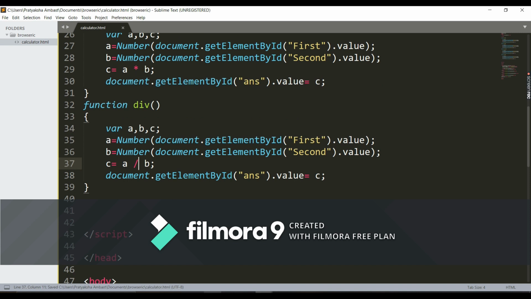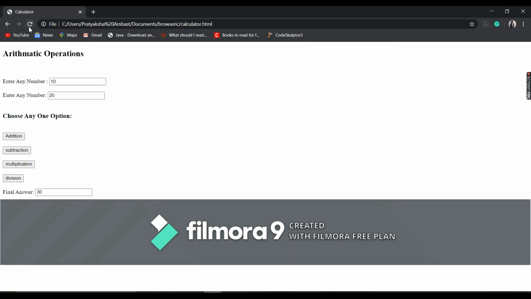Now save this, go to the browser, refresh your file and check if every function is working or not. So say 10 and 5, addition 15, subtraction 5, multiplication 50 and division 2.